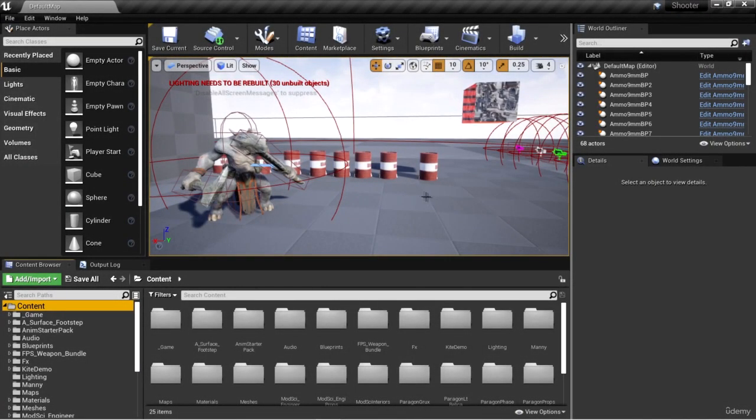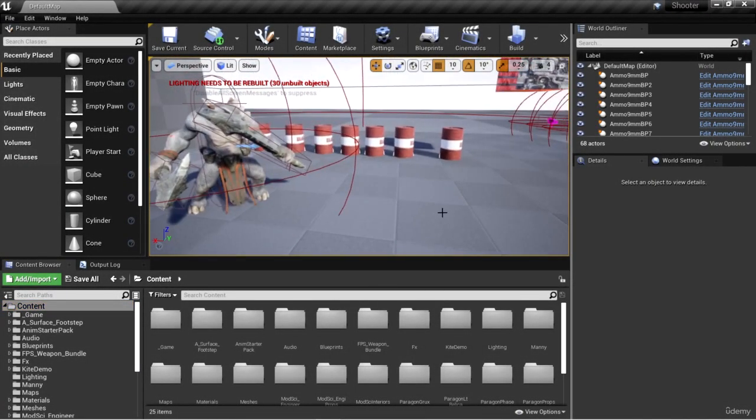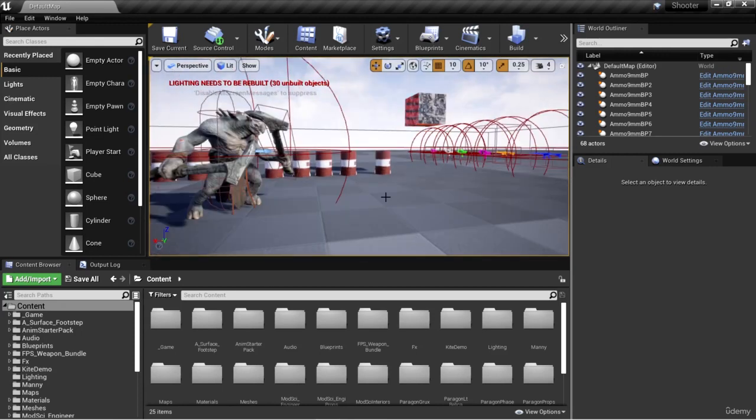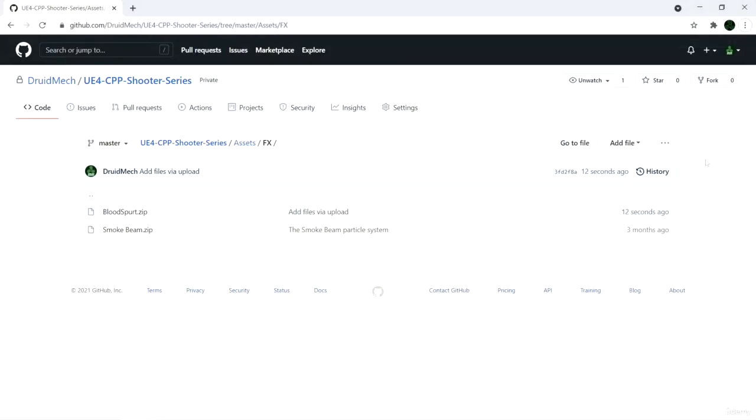Welcome back. Now, we'd like to have a blood particle system that gets spawned when the enemy hits the character. So we'll need a blood particle system. So go ahead and go to the GitHub page for this series. The link will be in the resources. And go to UE4 Shooter Series